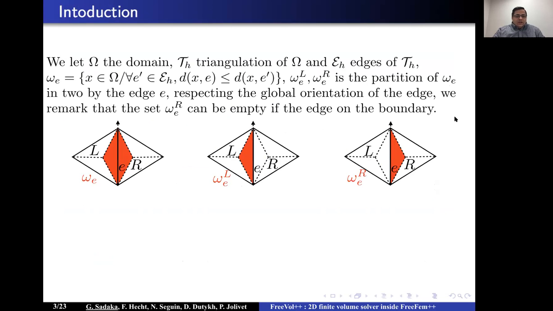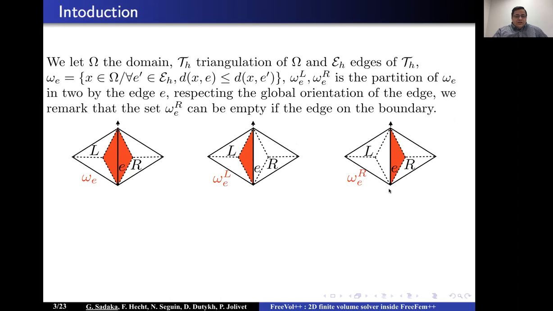At the beginning, we have Omega, the domain, Th, the triangulation of Omega, and Eh is the set of edges of triangulation Th. So this domain in red is the set Omega_E. It contains all the points that are close to the edge E and not close to the other two edges. Here, if you have discontinuous element, we have Omega_EL for the left triangle and Omega_ER for the